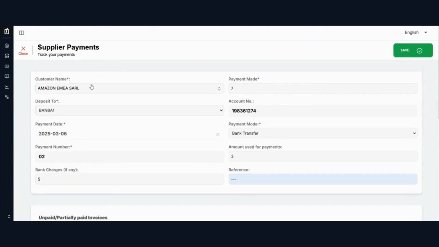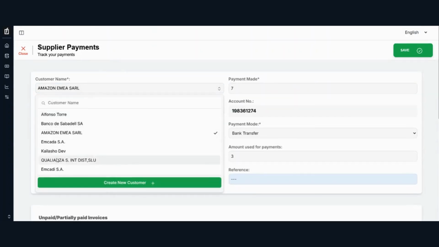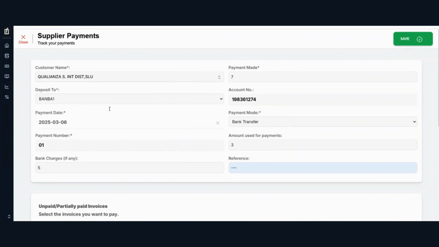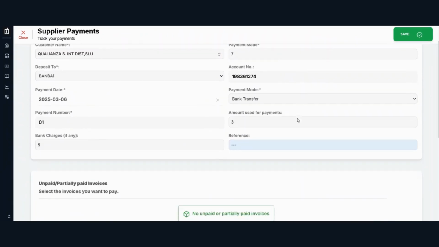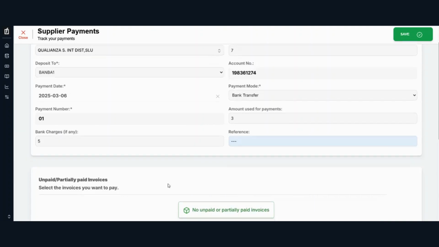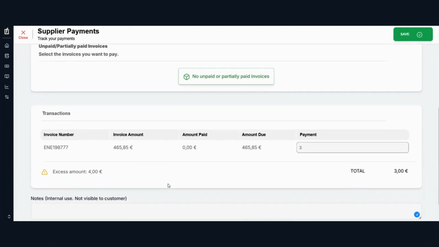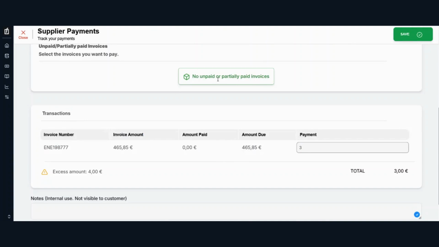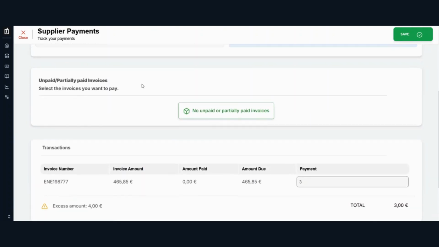And if you want to choose any other customer, you can see the payment number will be 1, and every detail will be the same. The amount used for payment automatically changes, and it shows the previous transaction result which I selected, but here you can see no paid or unpaid invoice.